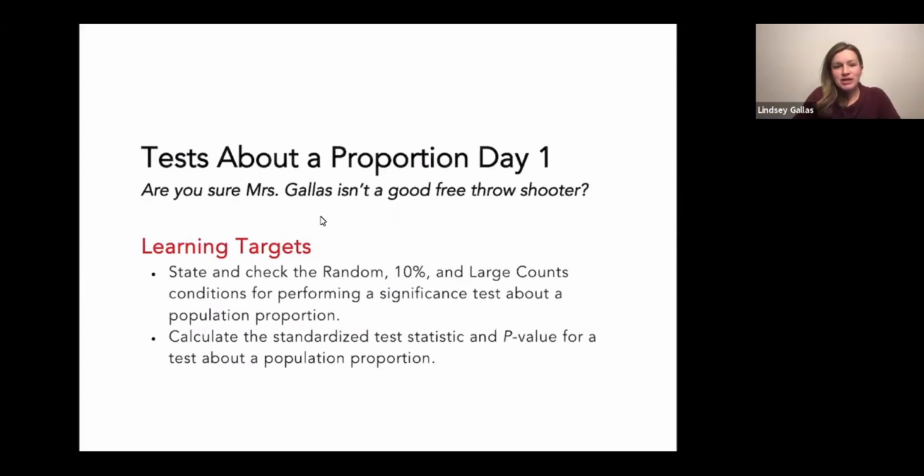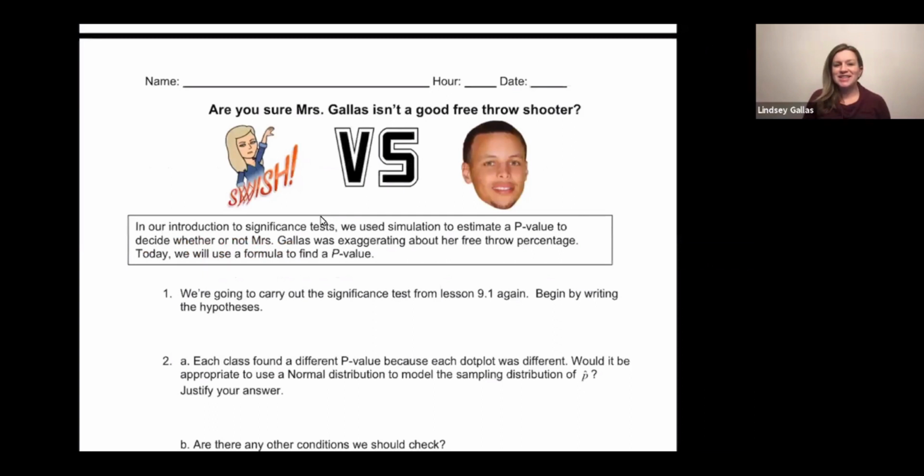We have two learning targets. We're going to state and check conditions, the random, 10%, and large counts conditions. And then we're going to calculate the standardized test statistic and also a p-value for a significance test about a proportion. Okay, so our context today: I'm wondering, are you sure that I am not an 80% free throw